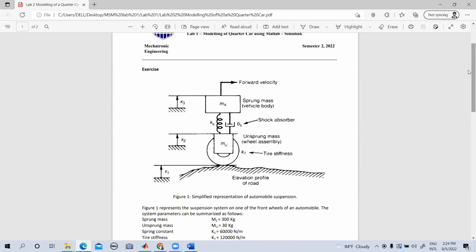The only difference here is that there's another mass downwards, which is another part, because we actually don't consider the tire over here. In the spring mass damper system, we consider only up to this point. We are completely ignoring this,